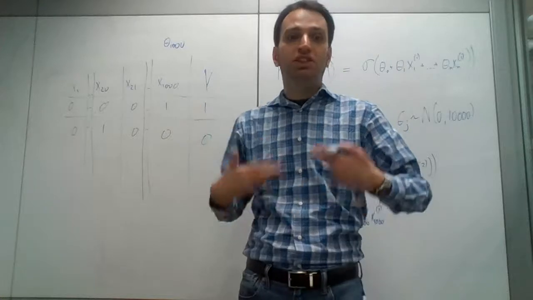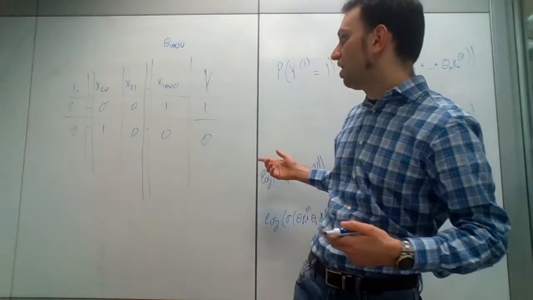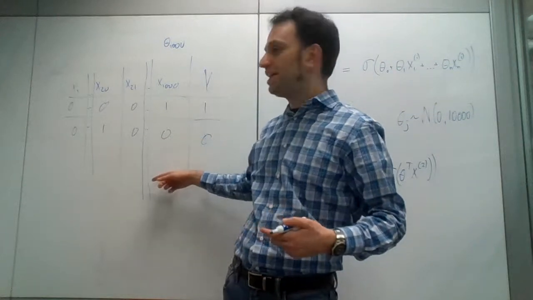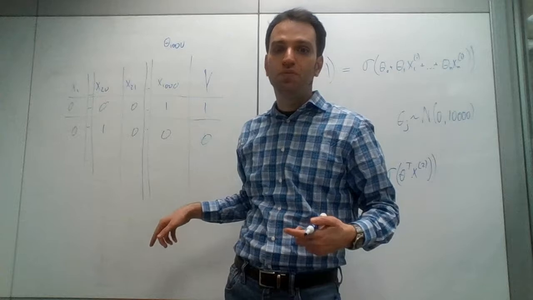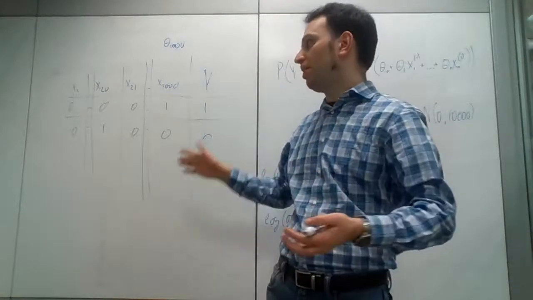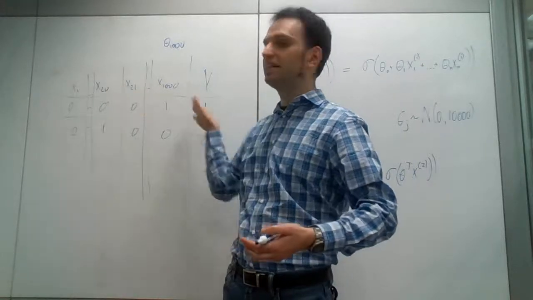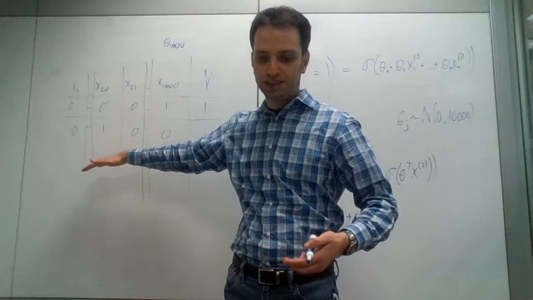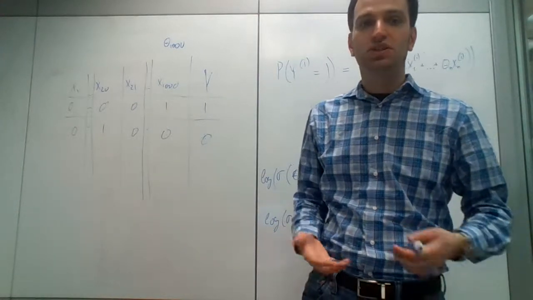This would obviously be an extreme case of overfitting. The reason it's going to escape to infinity is that there are no examples where x1000 is 1 but y is 0. That's the kind of thing that tends to happen if you have lots of dimensions, lots of x's, but just a few examples. And this would be an example of overfitting.